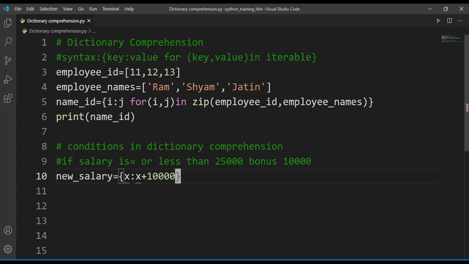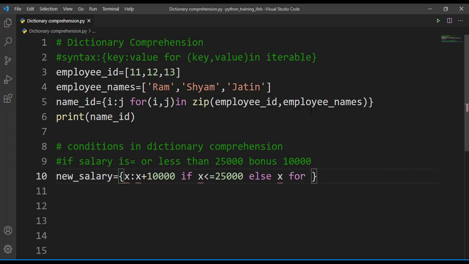This plus 10,000 is for if x is less than or equal to 25,000, and else, what are we going to have? Else we are going to have the same salary. Whatever salary they are getting, we are going to retain their salary. No bonus for them. So else x.